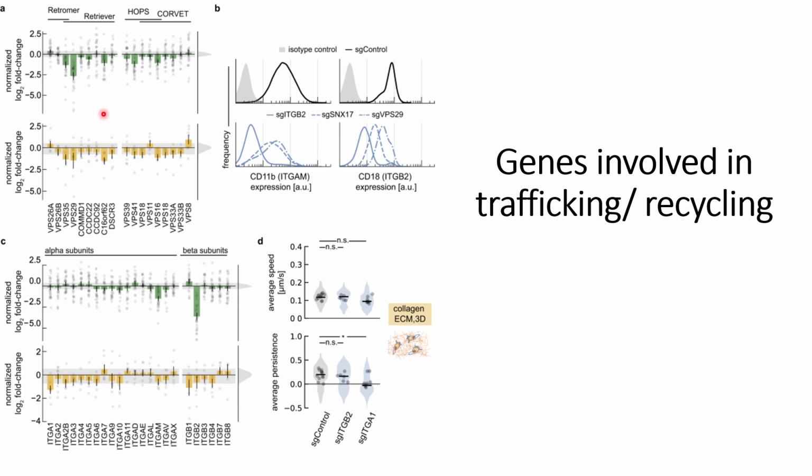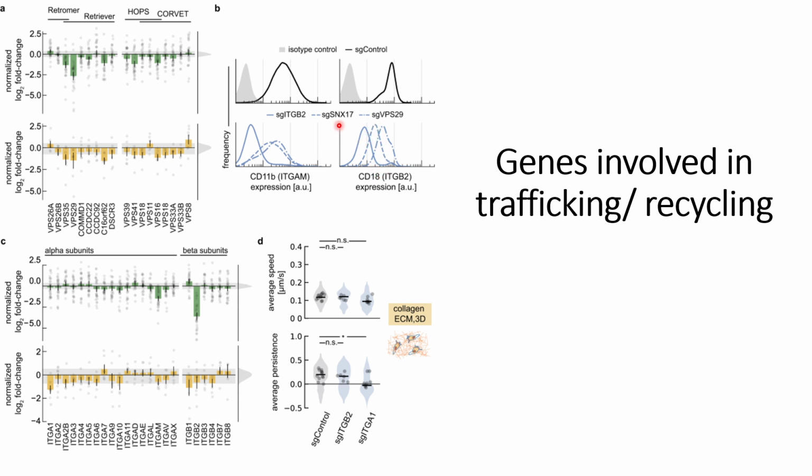In order to validate that hypothesis, they developed a stable cell line of VPS29, and for negative control they used ITGB2, which will decrease the signal significantly for the CD11B or CD18 integrin expressions. For the positive control they used SNX17, which is known to play a role in bringing integrins to the plasma membrane. Compared to the control, they see a decrease in all of them, with the maximum decrease in the negative control,